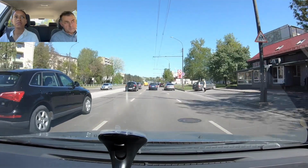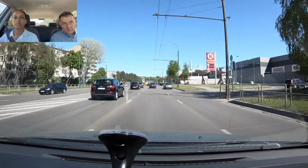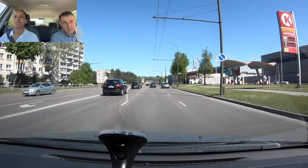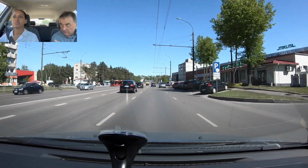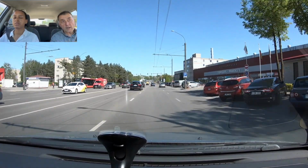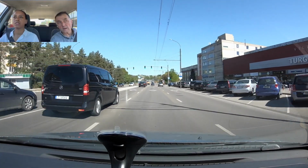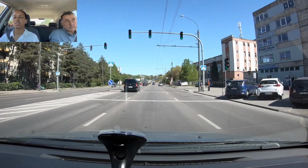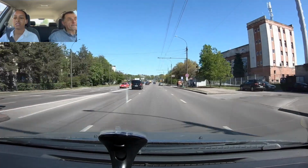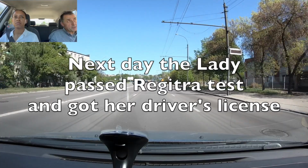And the first time when we were going Vairuoti-Regitros, just in the beginning, down the bridge to the right, and then to the left, and then to the left, it was a little bit too close. You can drive, and then after the car you can move. With 1 meter after the car you can move into it, but not very close. And all things are good. You share attention to